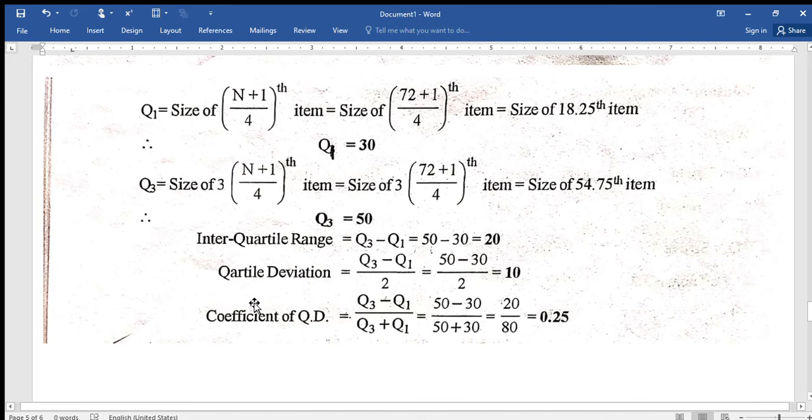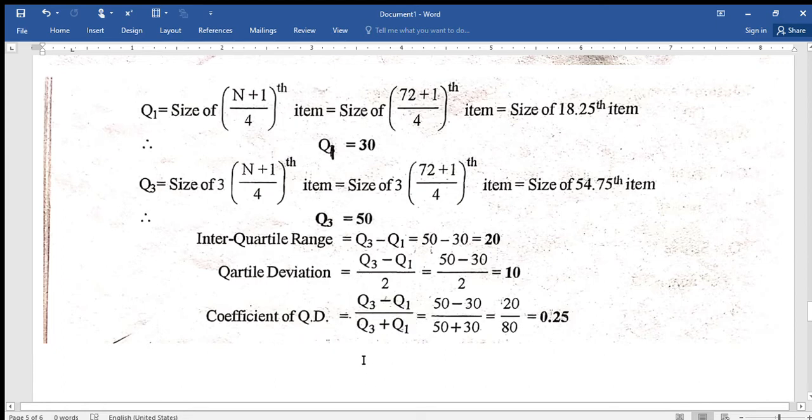Quartile deviation is an absolute measure of dispersion. Quartile deviation is equal to (Q3 minus Q1) by 2. If we replace the values in the equation, it will be 50 minus 30 divided by 2. So 20 divided by 2, we get 10. That is the quartile deviation. Then the coefficient of quartile deviation, which is a relative measure, is